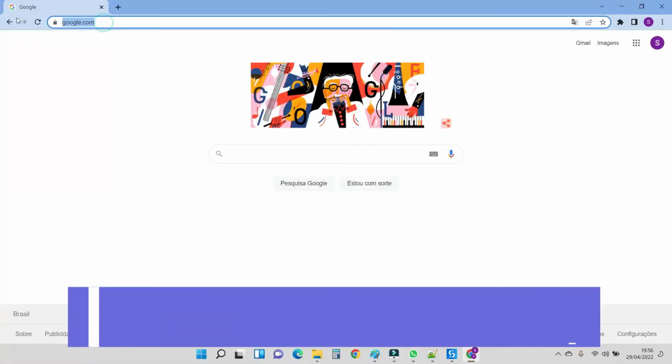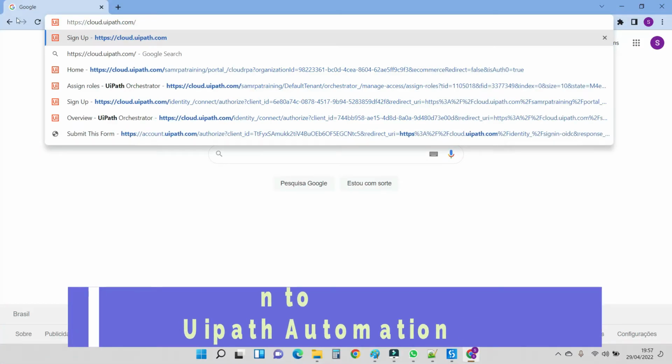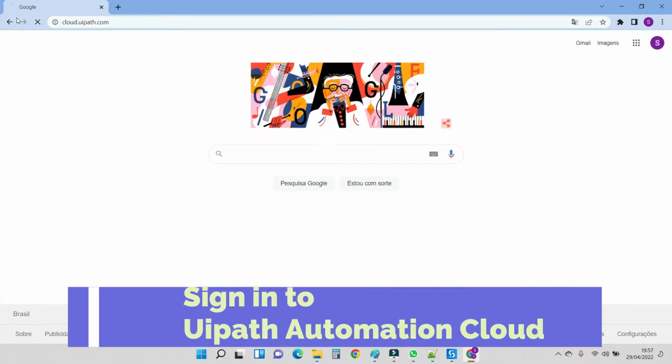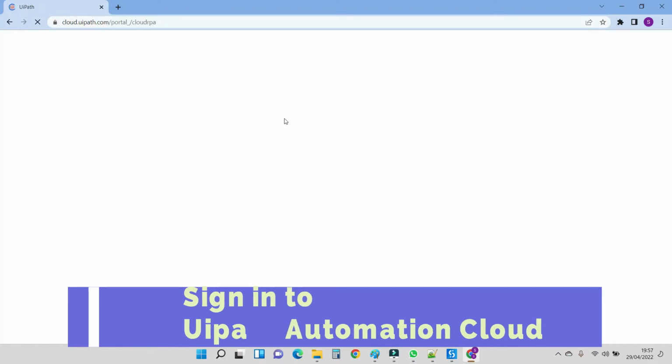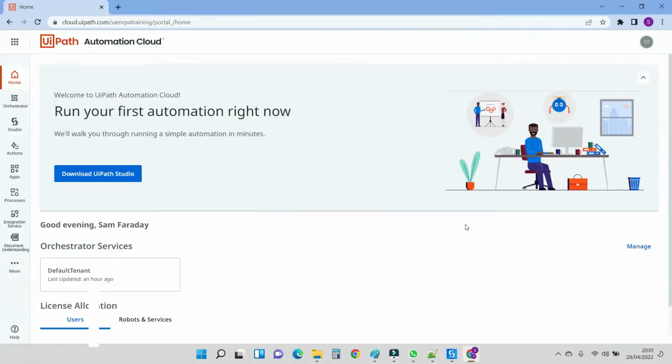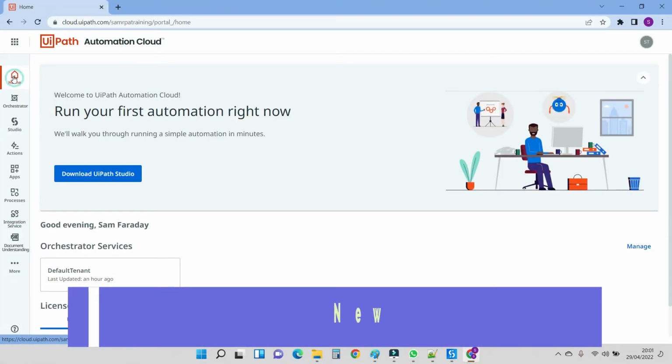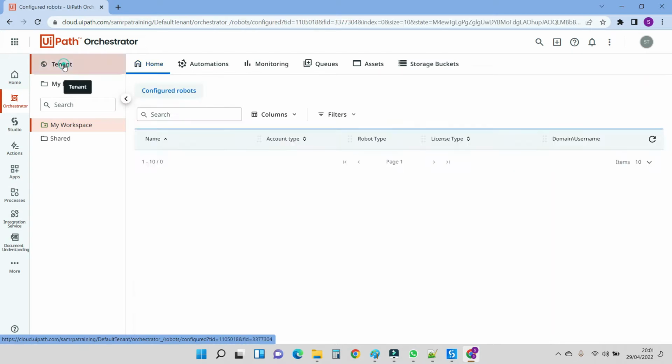First, go to cloud.uipath.com and sign in to your account. Once you signed in, make sure you are at home, then click tenant, in my case default tenant, and let's create a new folder. Click again tenant,